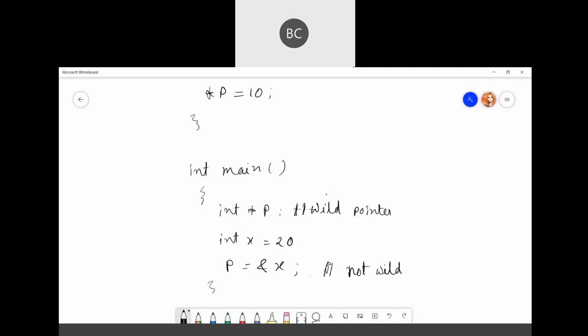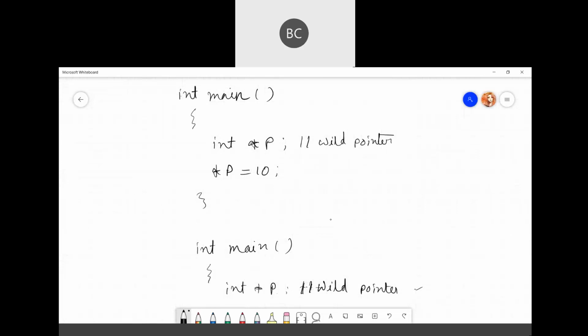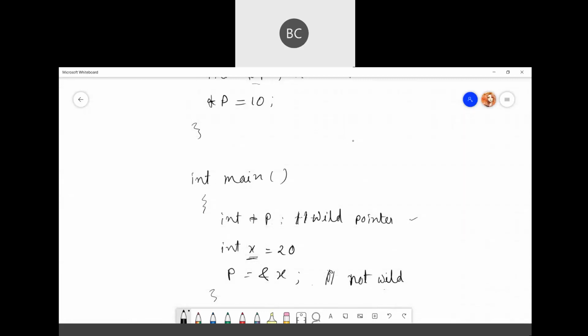If your pointer points to any known variable, then it is not a wild pointer. Here p is pointed to the variable x, so here this is not wild anymore. Initially it was a wild pointer, that's correct. Later you can assign a value, still it's fine. But in this case it is pointing to another variable, so here it is not a wild pointer.